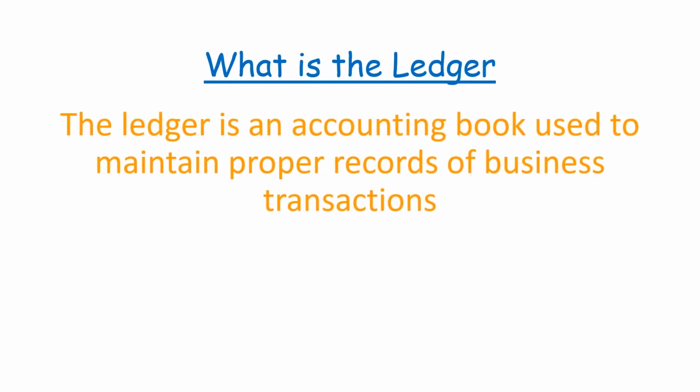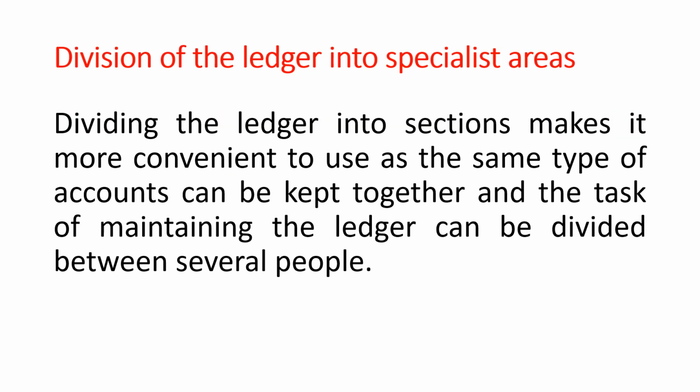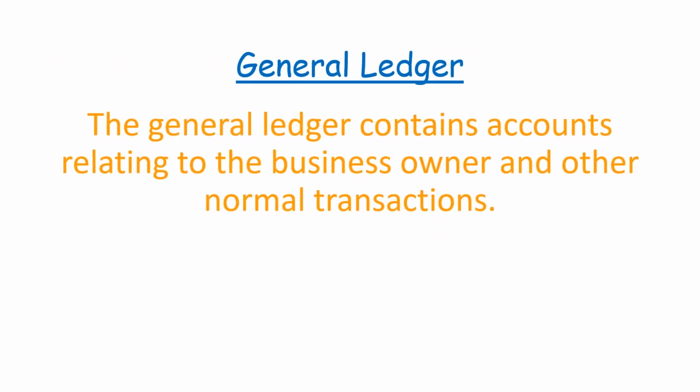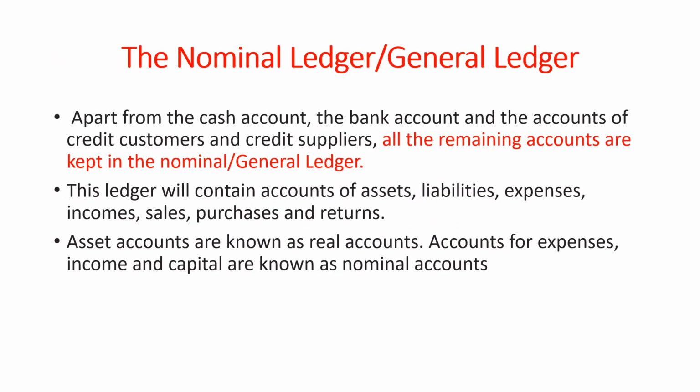For starters, the ledger is an accounting book used to maintain proper records of business transactions. So let's go straight into the three kinds of ledgers. We have the general ledger, like I had mentioned earlier. The general ledger is simply a ledger that contains accounts relating to the owner of the business and other normal